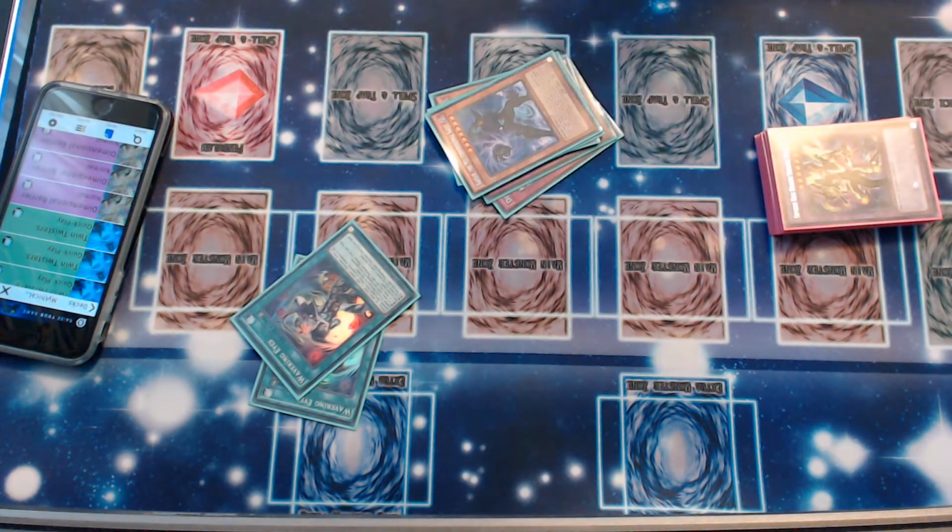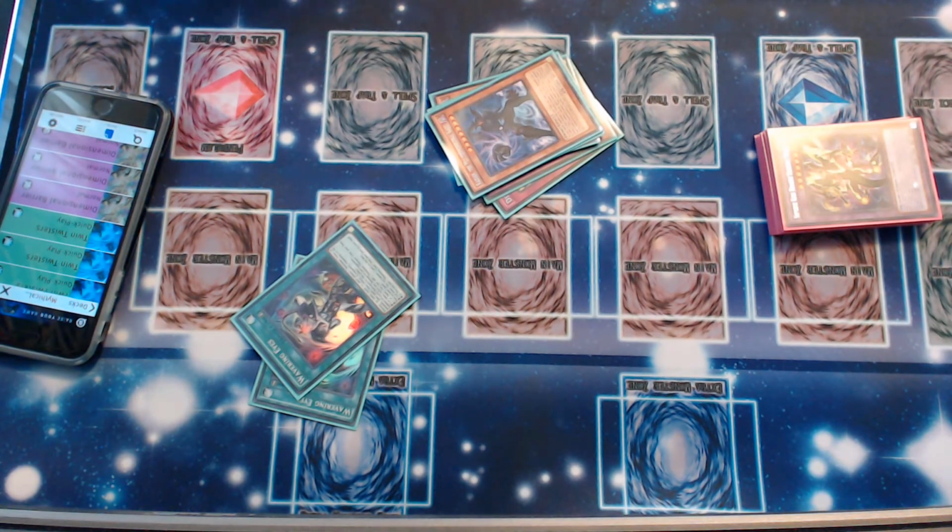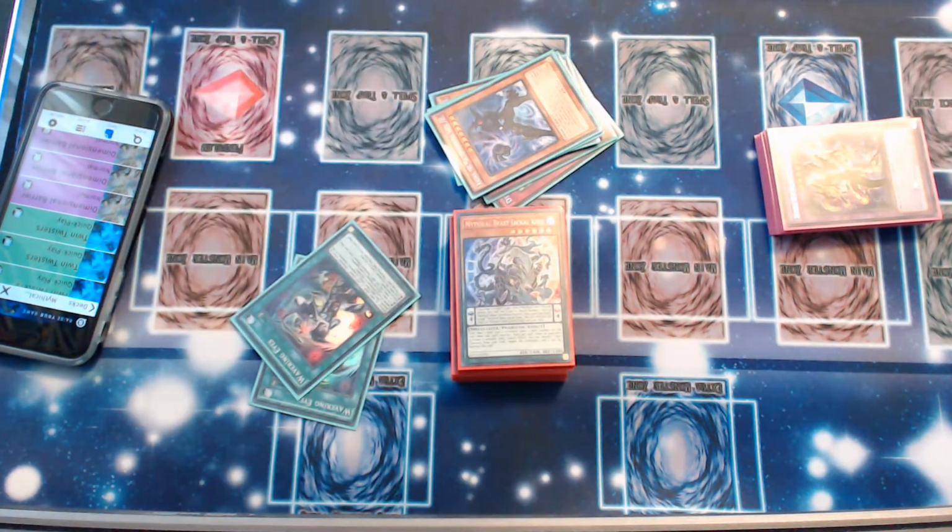Alright, boys, this is the 2018 February deck profile for the Pendulum Magician deck, mixed with the Mythical Beast engine and the Rescue